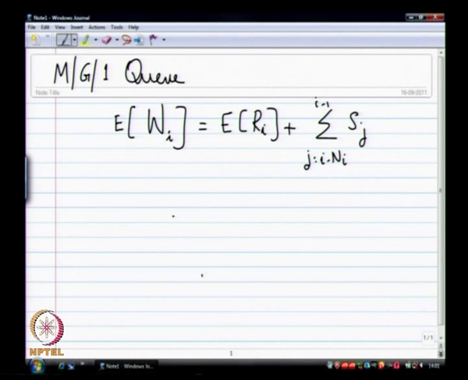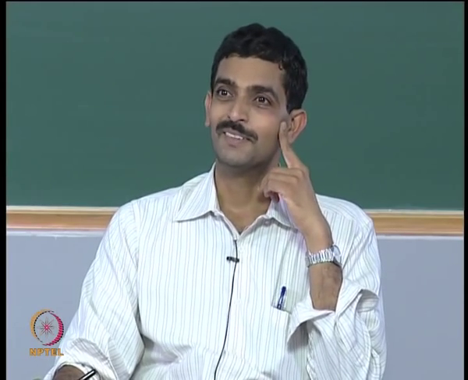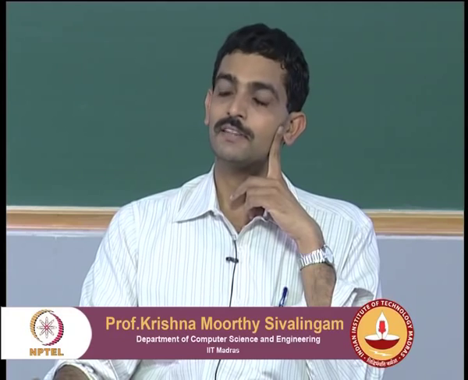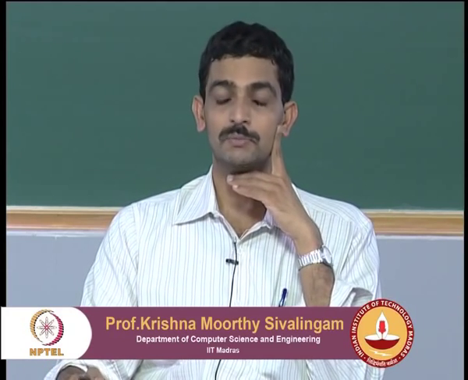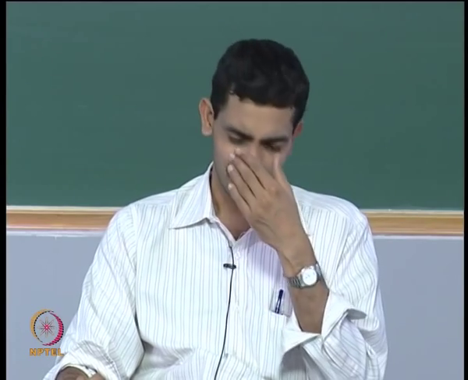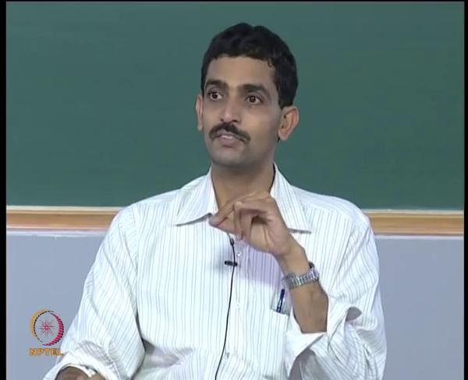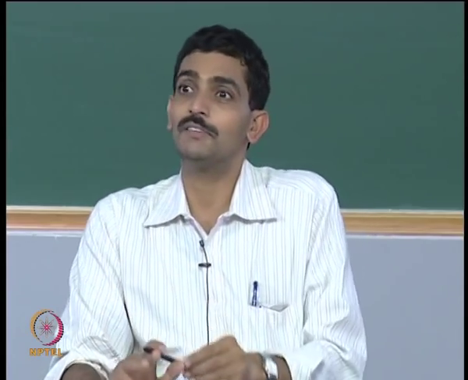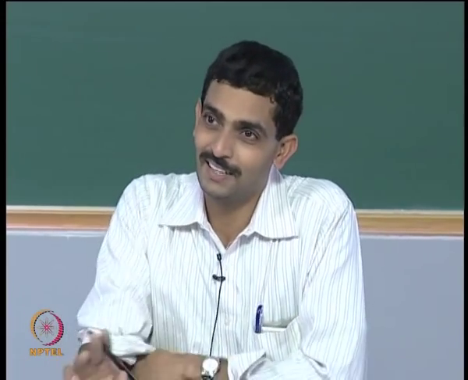One mistake we sometimes make is to overuse the memoryless property, and say that E of Ri is also 1 over mu, but that is technically not correct. E of Ri is the remaining time in service for a given customer. The expected service time for a customer is 1 over mu for exponential, but this is not 1 over mu. We have to follow the same derivation whether it is exponential or non-exponential service time. So this E of Ri is simply E of Ri. What we derived later on is going to apply here. This cannot be approximated as 1 over mu, otherwise we will end up with incorrect derivations later on.